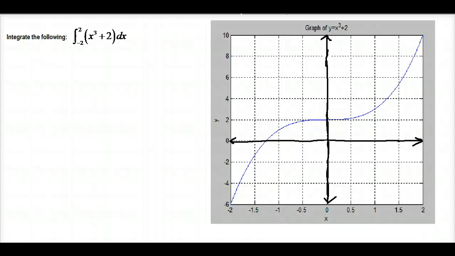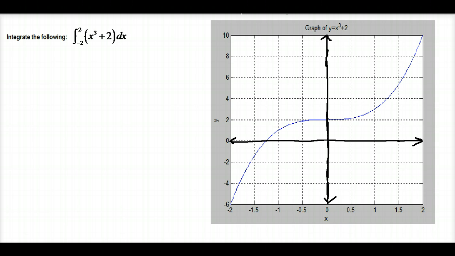All right, so we've talked about the basics of integration as far as antiderivatives are concerned, and we've seen how to evaluate an indefinite integral. Now we're going to evaluate a definite integral. And so for this example, when we say integrate the following, the integral of x cubed plus 2 from -2